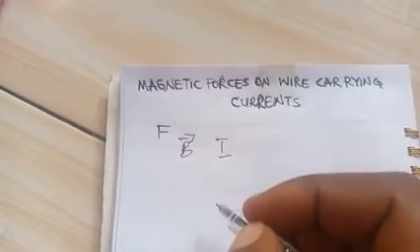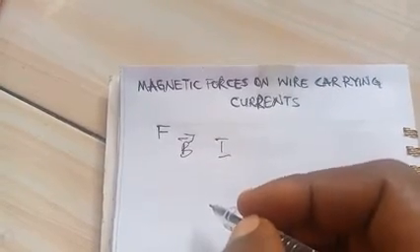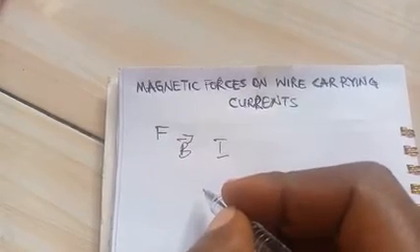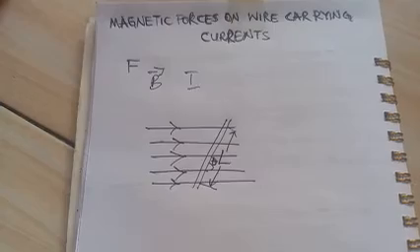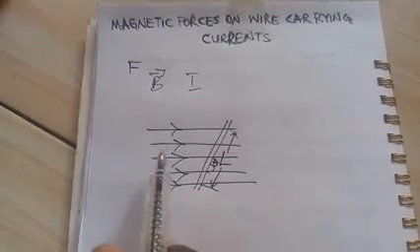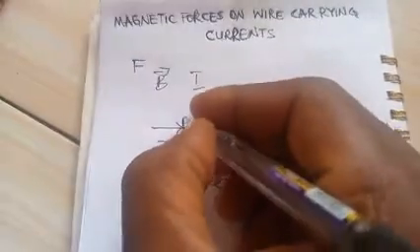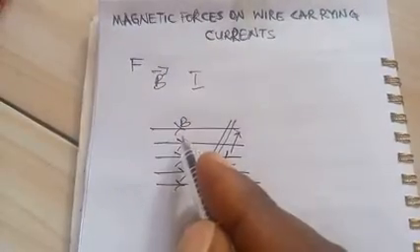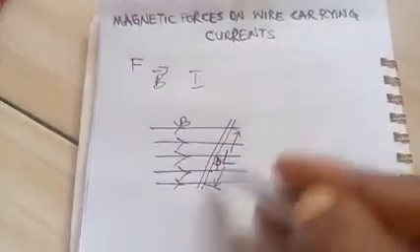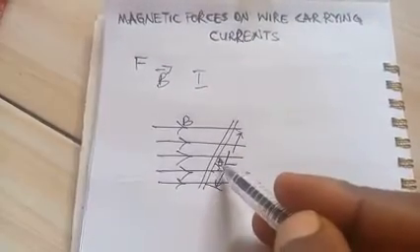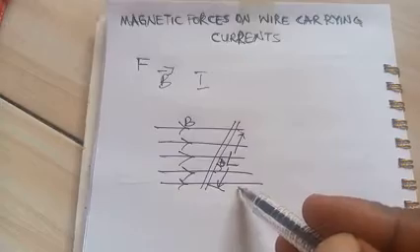Now, the direction of that force is determined by what we call the right-hand rule. We are going to talk about that in another video. So, for us to determine the magnitude of the force, this is the magnetic field experienced. Now, this wire has length L, and this is the angle that it makes with the magnetic field,